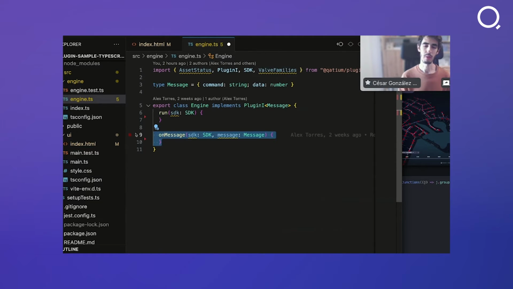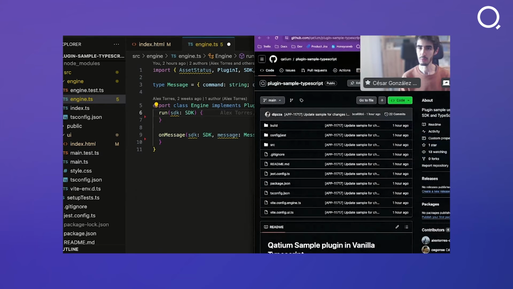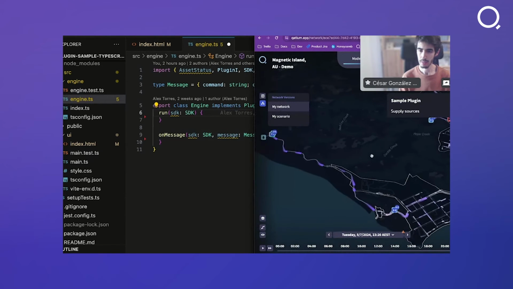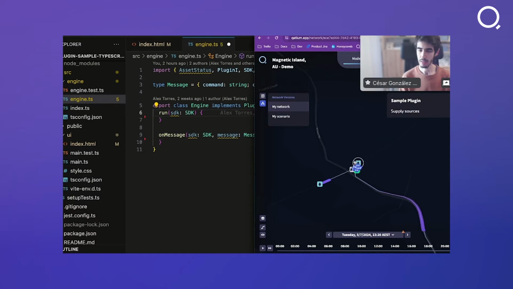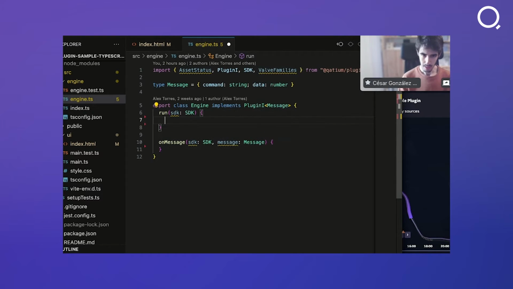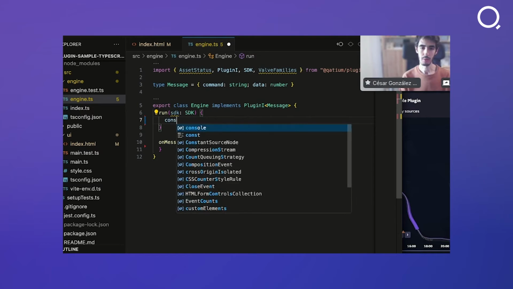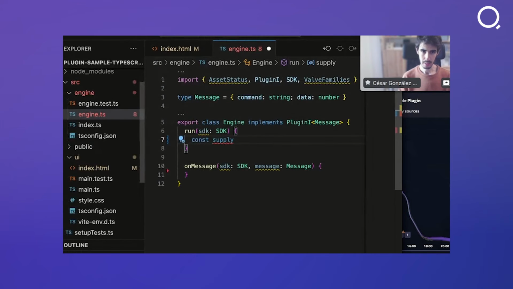And then we have this other function that is called in the plugin code that is receiving the messages from the UI. So anytime that you want to communicate the UI with the engine code, you can use this. So in this case, since we want to see the supply sources in our network, and in Magnetic Island there are some here. I think, if I'm not mistaken, there are a couple here. Maybe there's another on the north of the island, but we'll discover that pretty soon. We can access the digital twin here, and we're going to see which data we have available. So I'm going to fetch the supply sources